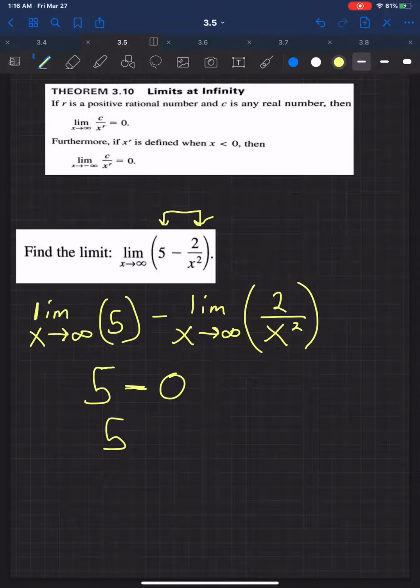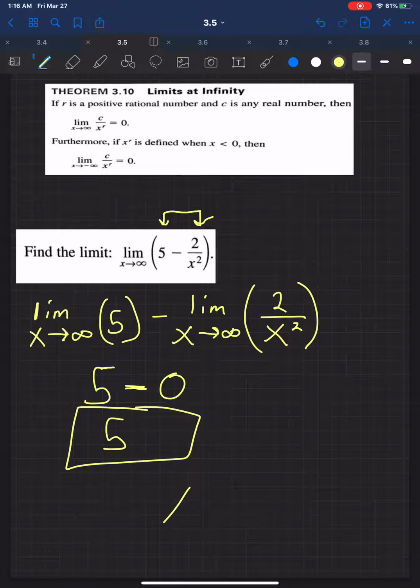So if you're asked to find the limit, what's the limit? It's 5. What's the horizontal asymptote? Ooh, y equals 5. That's what this graph approaches. All right, let's now,